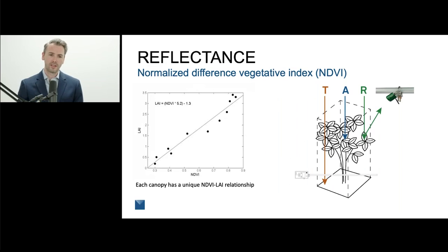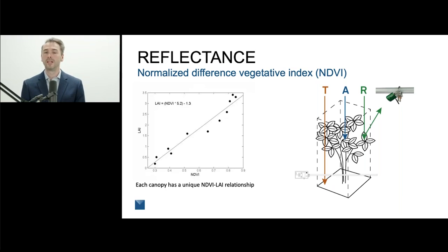You can see this relationship in the graph over here, where NDVI is on the x-axis and LAI is on the y-axis. And you see this relationship and you say, okay, so if I just measure NDVI, I can then calculate my LAI. And if you were working in this particular canopy for which this relationship was developed, yes, you could do that. Unfortunately though, every canopy has a unique NDVI to LAI relationship that you'll need to establish